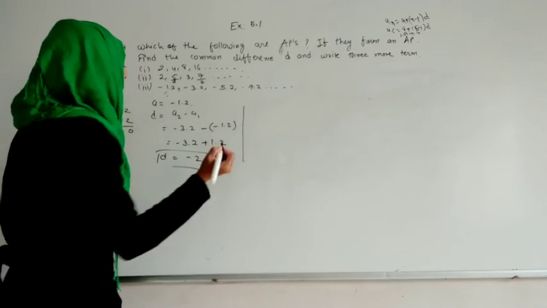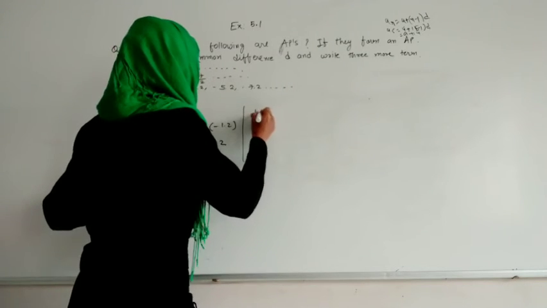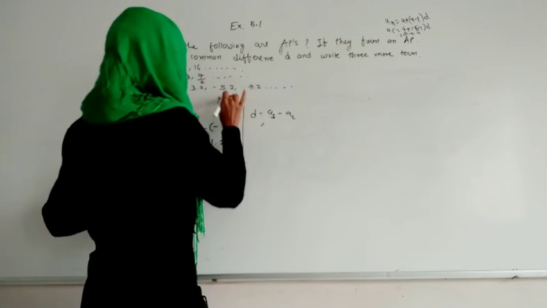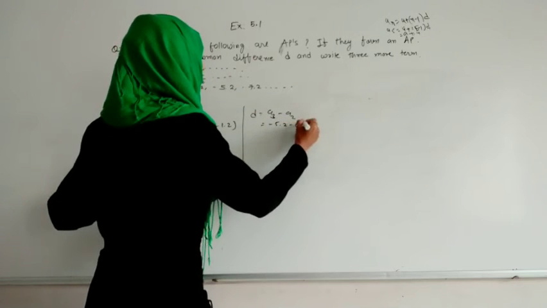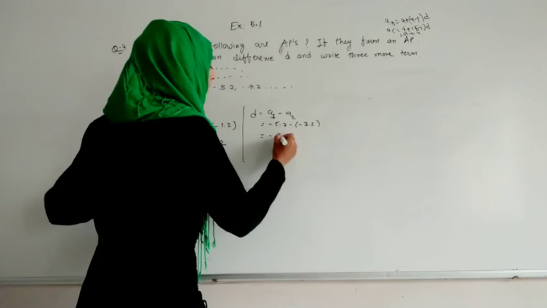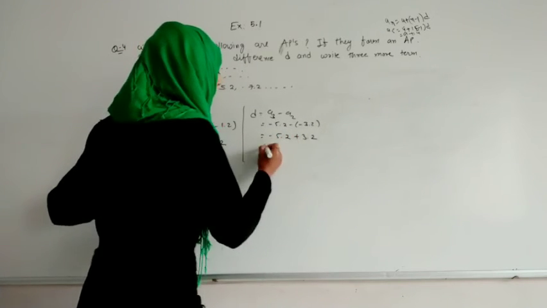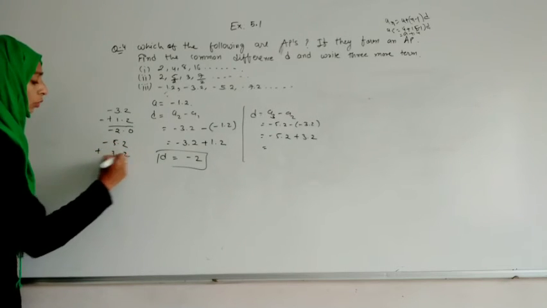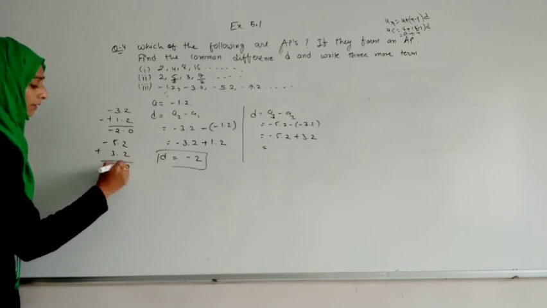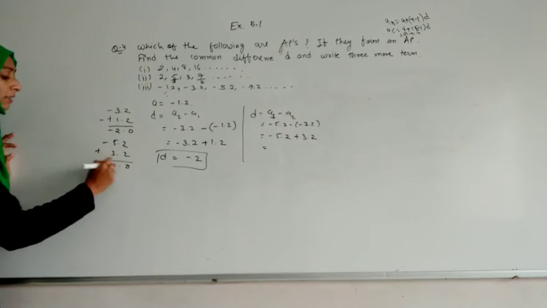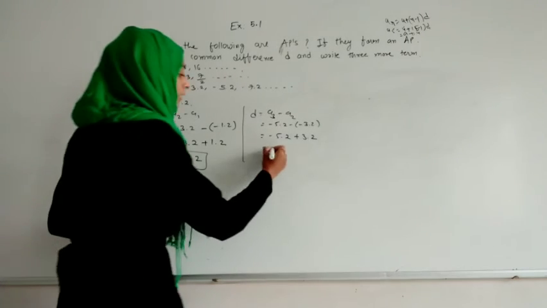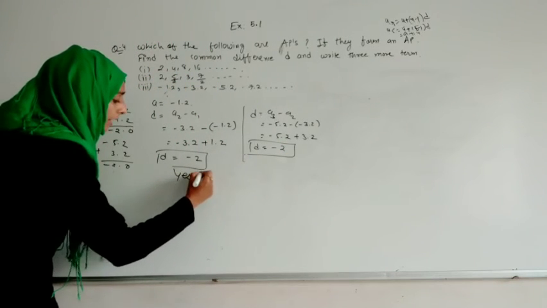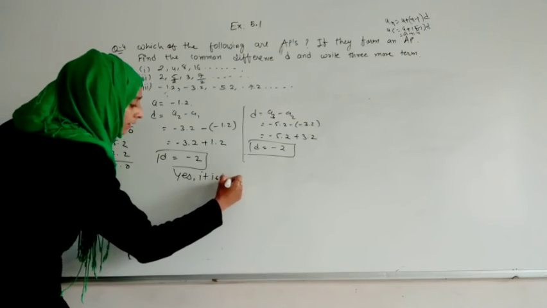Second time let us check, if it is in AP then only we have to find the rest of the terms. तो a3 minus a2 करेंगे तो क्या होगा? So it will be minus 5.2 minus (minus 3.2), so it will become minus 5.2 plus 3.2. Plus and minus will become minus, so it will become 2.0, as well as the symbol of the greater number, that will be minus, so here we are getting d as minus 2. अगर ये सीरीज में है तो हम लिख देंगे yes it is in AP.